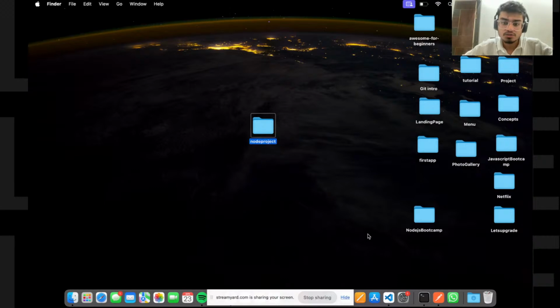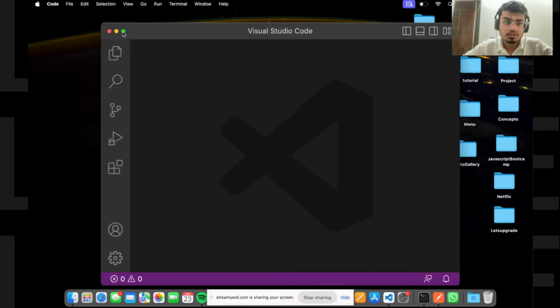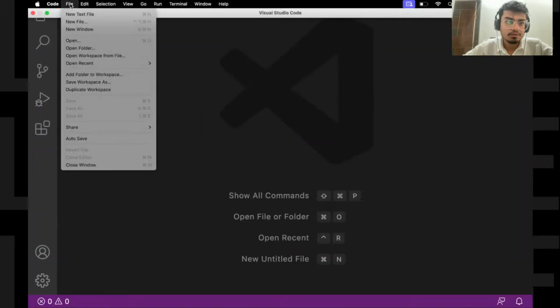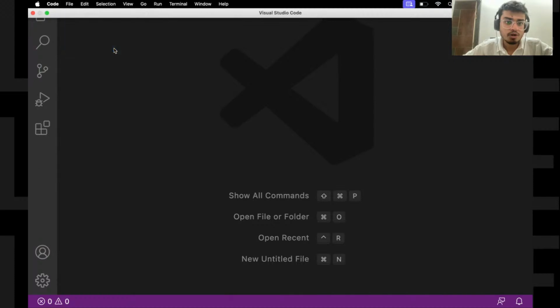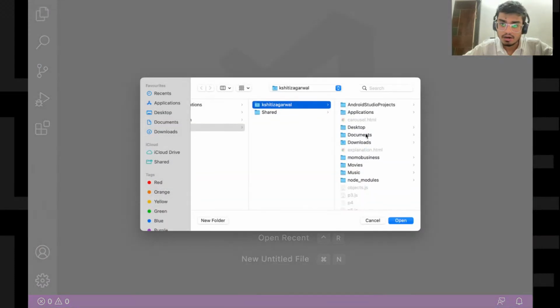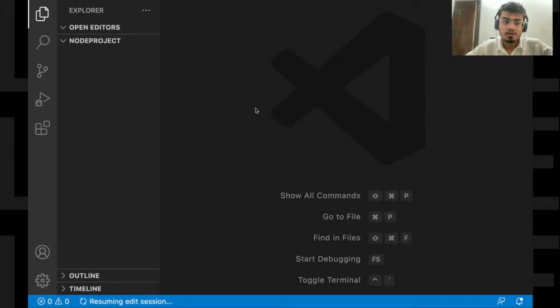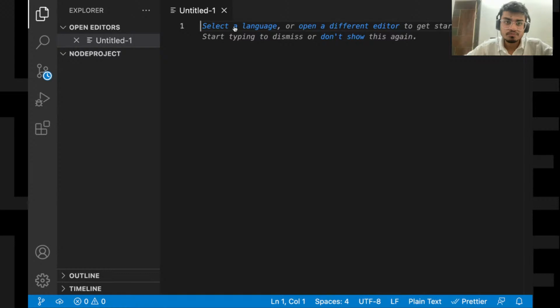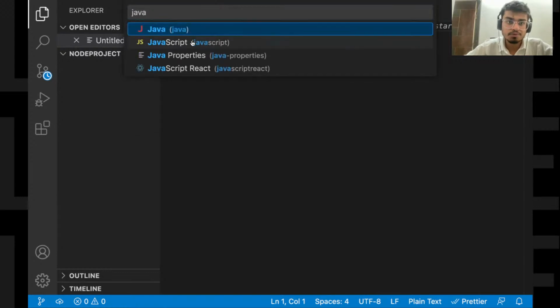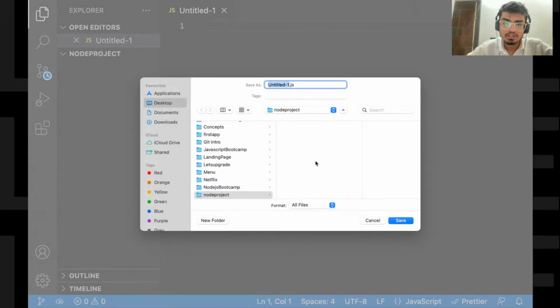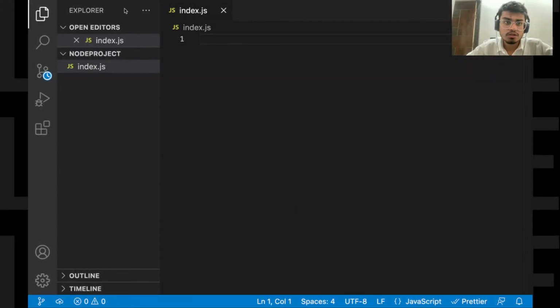I'll go to desktop and node project. Okay. Fine. So select a language, JavaScript, save it. So inside the node project, I'll be creating one index.js. Okay. So fine.